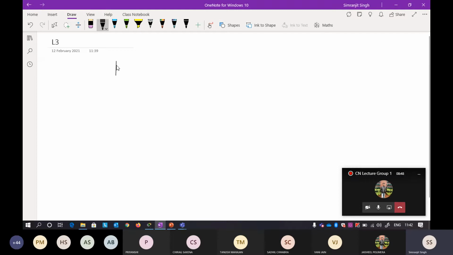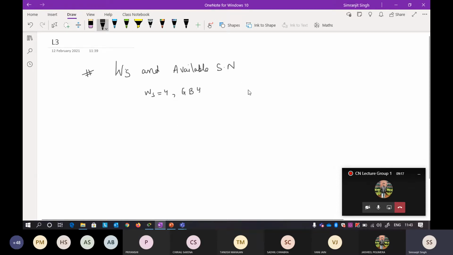Okay, so now I'll show you how to decide between the window size, or sender window size, and your sequence number, or I'll call it the available sequence number. Okay, so now what will happen? Suppose I take the same example that we have already taken, that we have a sender window size of 4. I'm talking about Go-Back-N.